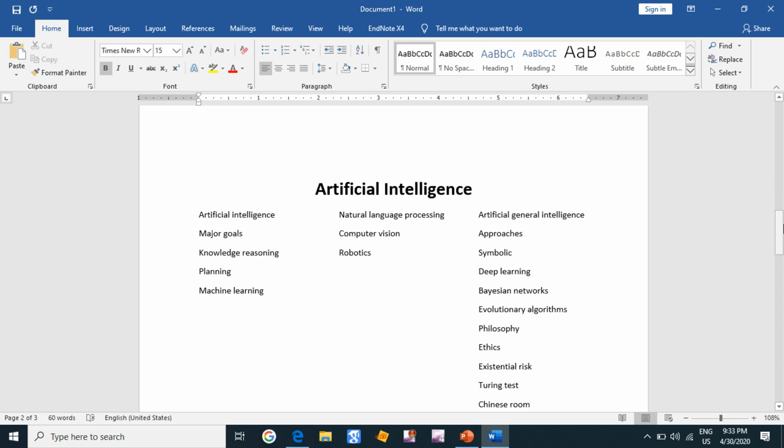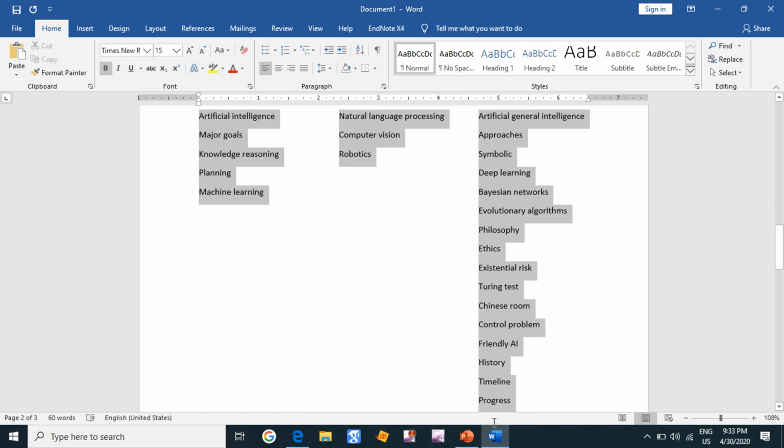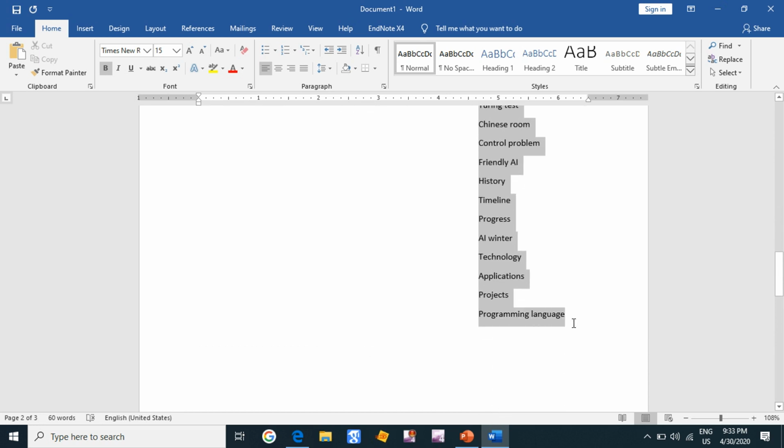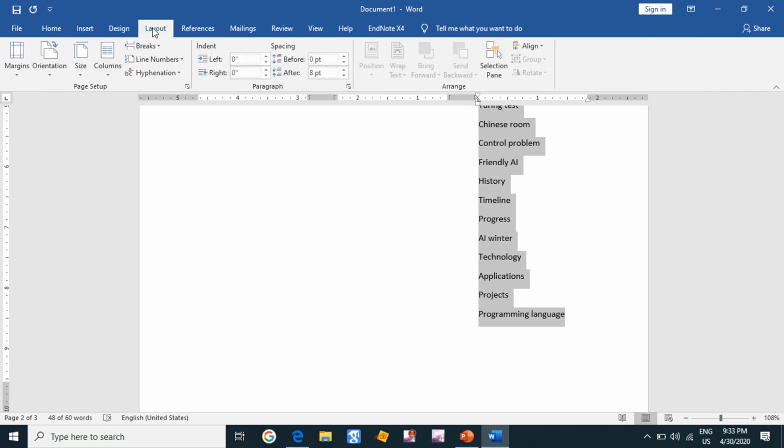today is about columns. I have already arranged this in columns, so I'm gonna just remove that first. I'd like to tell you why we use columns.